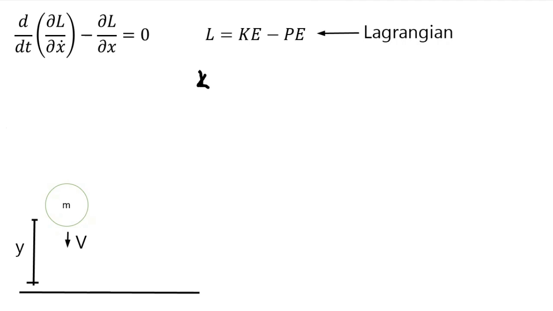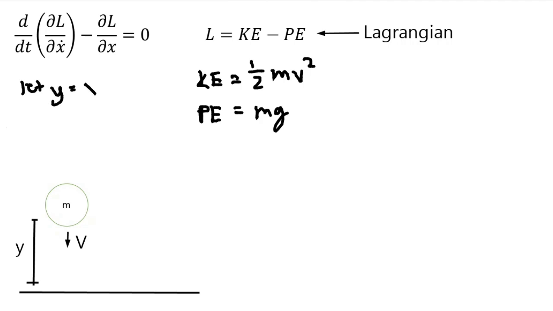So now we know the definition. Let's try this one. Let's say we have a mass moving downward because of the influence of gravity, and we have a length which is going to be y, the height, I mean. So what we're going to do here is let y equal x. We're just going to use generalized coordinates, and v we're just going to make it as x dot,